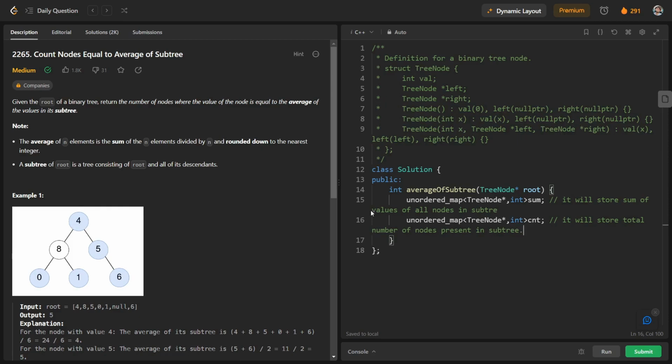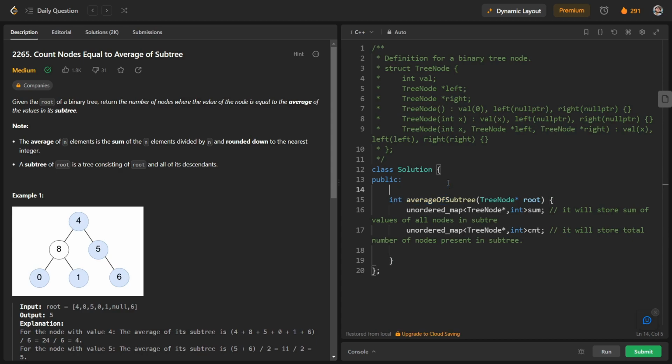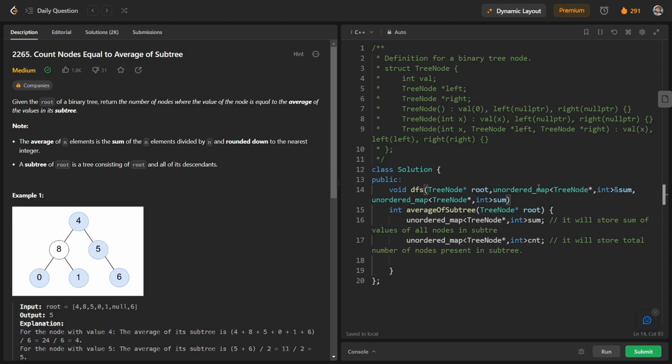Okay, so these are two maps in which we will store sum and count, and we will have a void function here for traversal. So void dfs, and we pass the parameters as TreeNode star root and these two unordered maps. So an unordered map for sum, which we will pass by reference, and an unordered map for count.